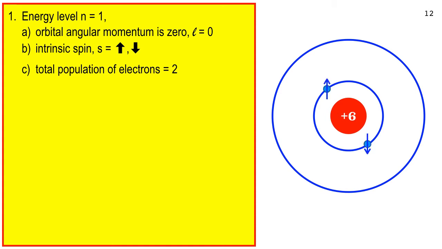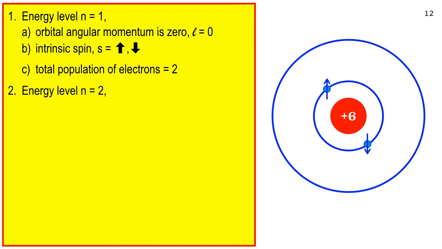So here they are. I've sketched them in. And notice what I've done. I've sketched in 2 little blue dots. Up here, I have one of them with a little arrow pointing upward, and down here, in just kind of random positions, another blue dot with the arrow pointing downward. That's to represent the spin state of the electron, with no orbital angular momentum. So that's energy level n equals 1.